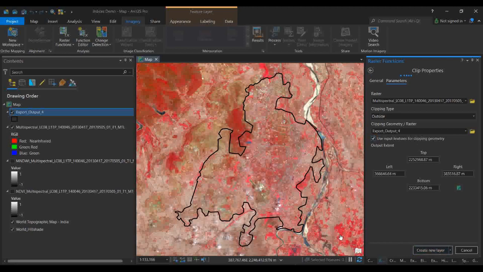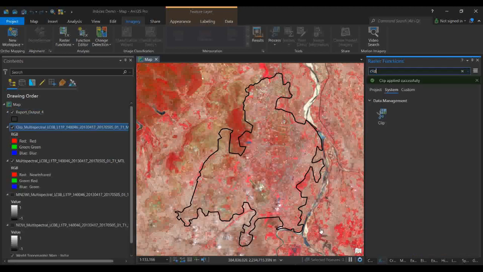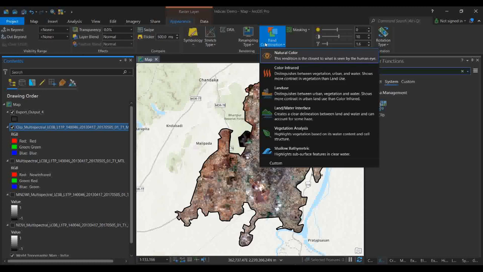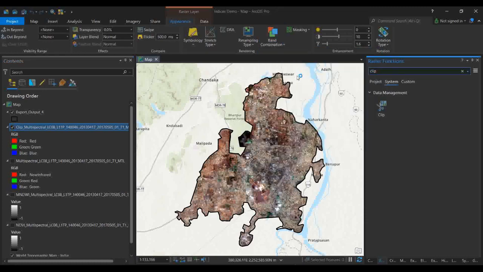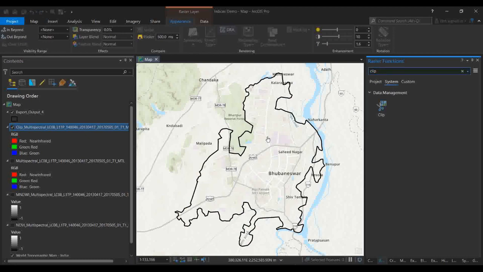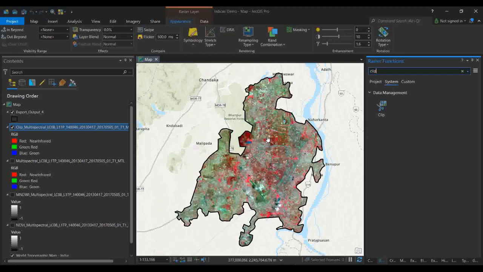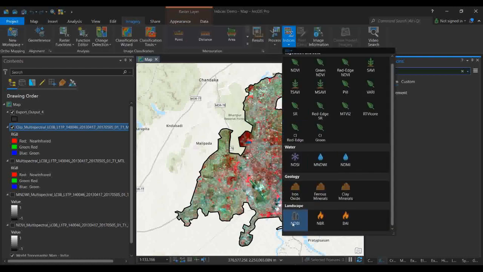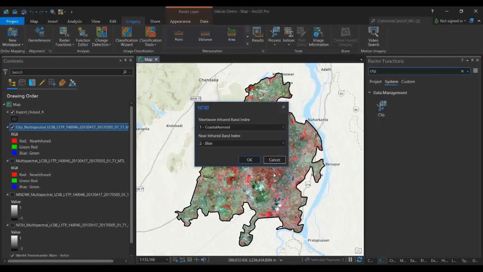Now you click on create new layer, and see, when I do that, over that also I can do all the automation things. Like if I go here to band combination and want to create a color infrared, it will work perfectly. So if I use this NDVI automation technique which is available in ArcGIS Pro, it will work over this also. Simply you can go to imagery, go to indices, and now you select NDVI. That's all. Here you simply select the shortwave infrared band, and the near infrared band you can select as the near infrared band and click on OK.